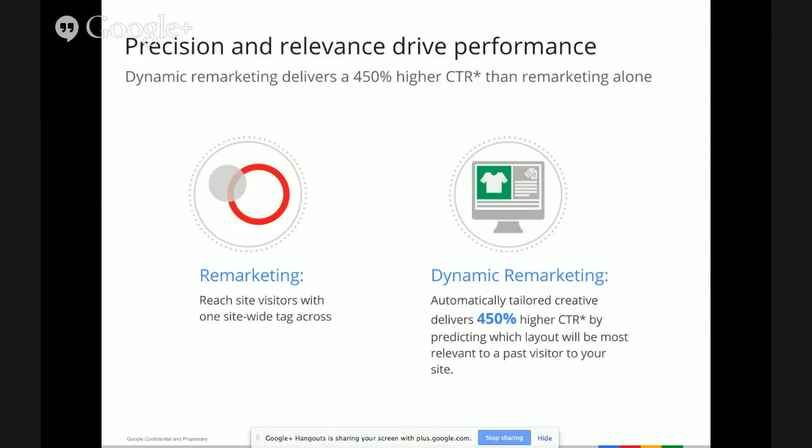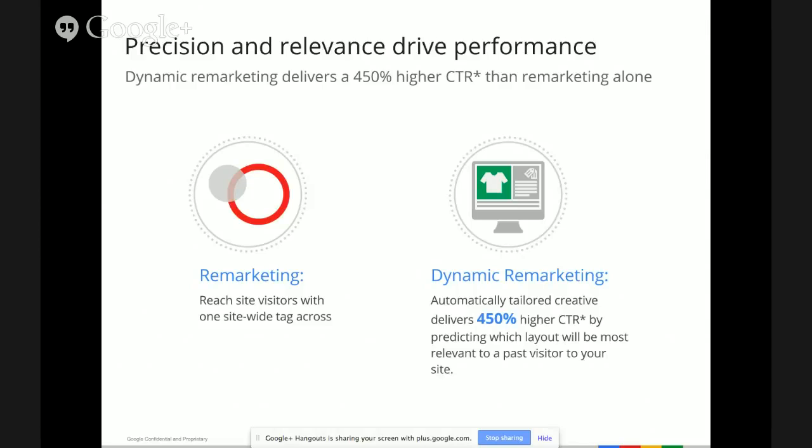Dynamic marketing is a great example of real-time relevance with digital marketing. Now, based on the data you've collected on your audience, you'll be able to serve an automatically optimized ad that showcases the product you want that user to see when they're getting closer to converting. And this is a huge contrast to static remarketing that we've used for a long time, in which you're just delivering a very generic static creative to a large base of your audience at any time.